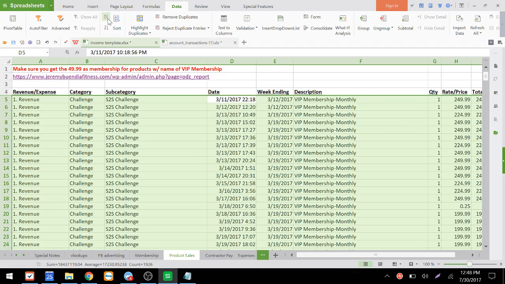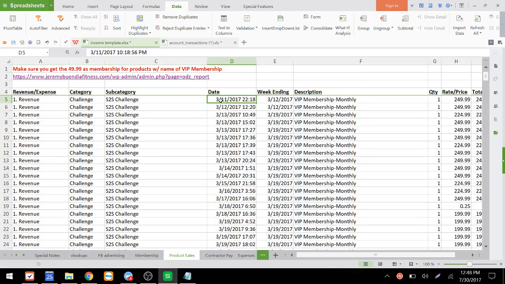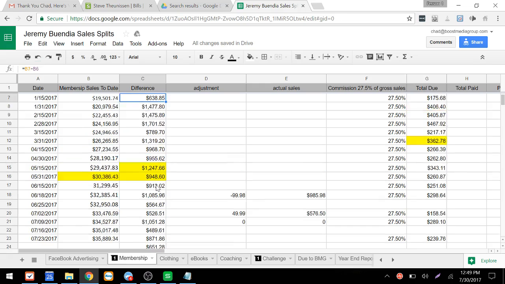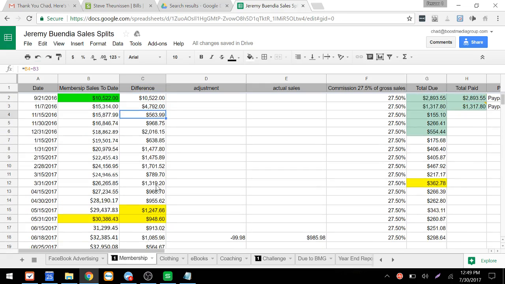Okay, so the reason we did that is because, and we'll go back and we'll reference the split report. So with the split report with membership, there was a time, and this is bullshitting us, isn't it? Oh, this is membership, that's why.